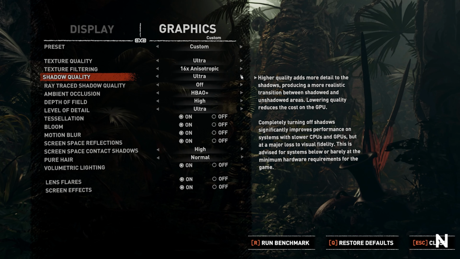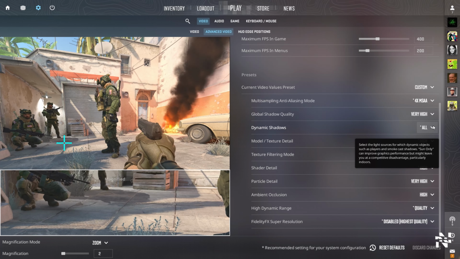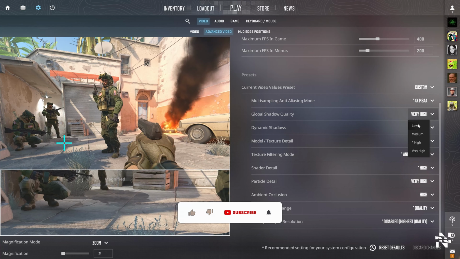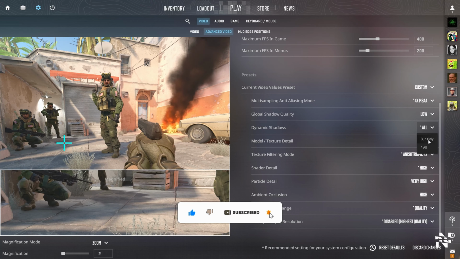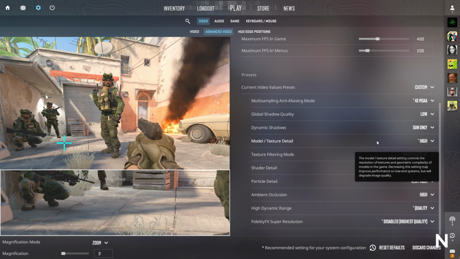Ultimately, finding the right shadow quality setting involves balancing visual quality with performance. Adjusting this setting based on your PC's capabilities ensures a smooth and visually appealing gaming experience tailored to your hardware's